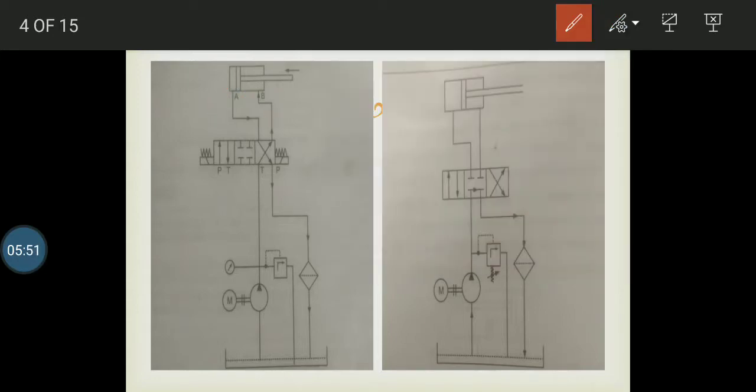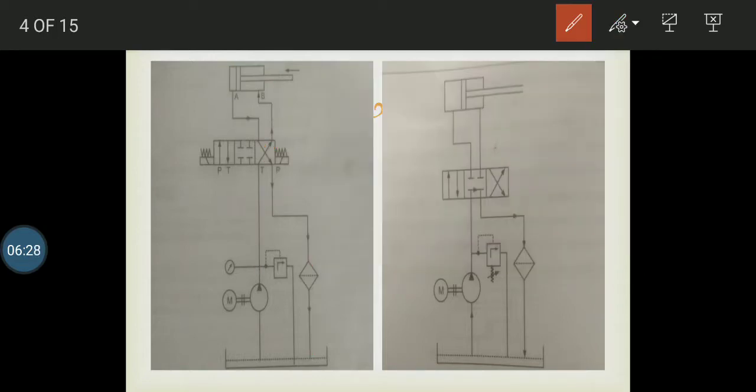The fluid moving from the pump is crossed, allowing the fluid to fill the cylinder at B, and because of the filling, the piston moves further. Because of the movement of the piston, the liquid already inside the cylinder at port A starts getting drained and moves to the drain section.